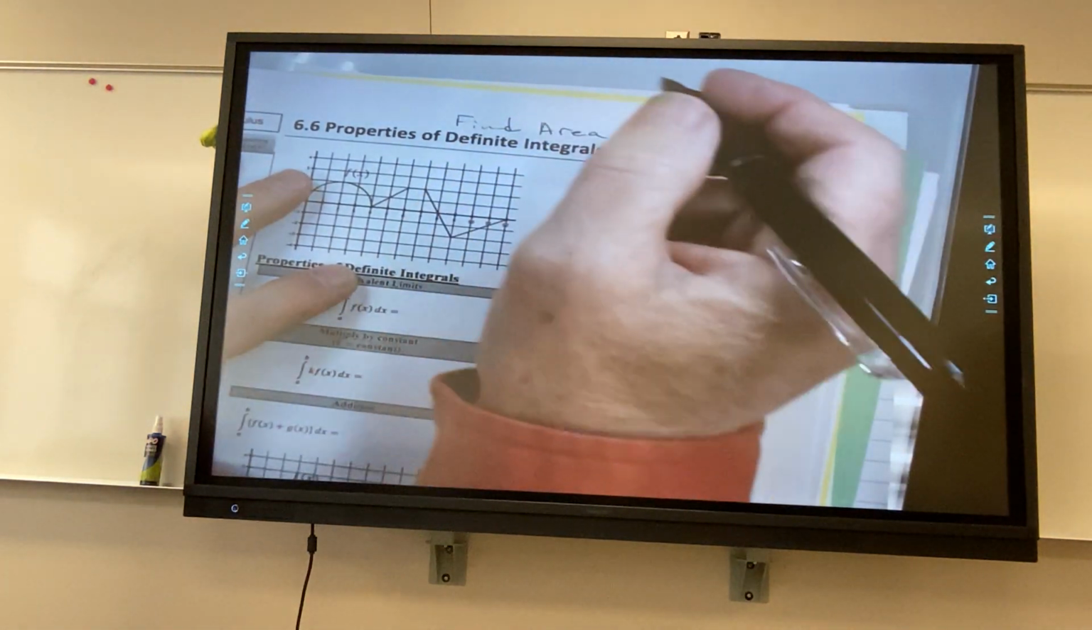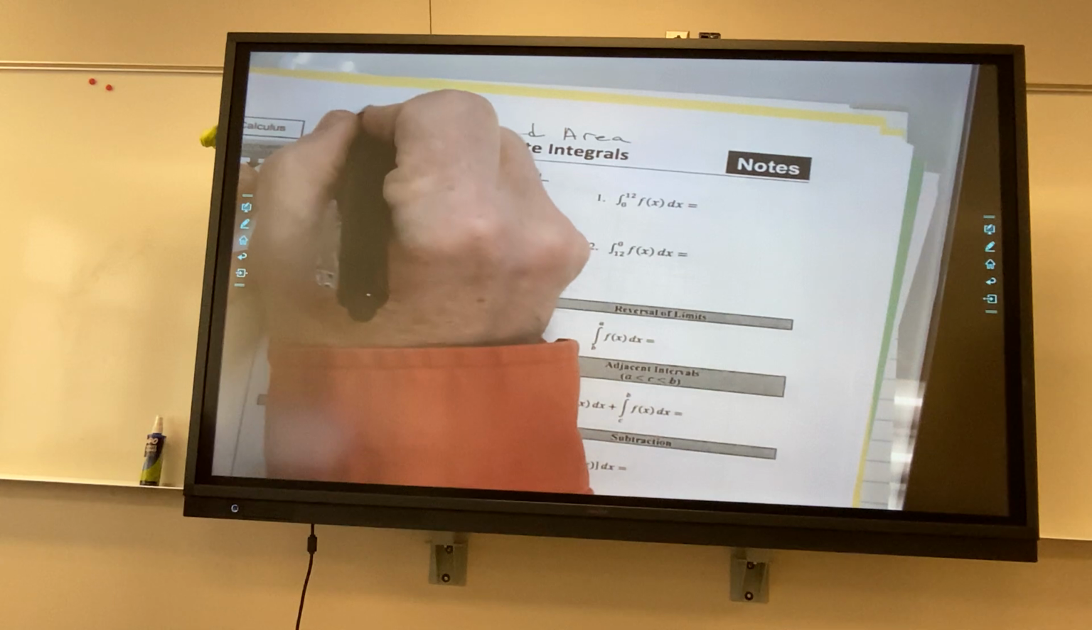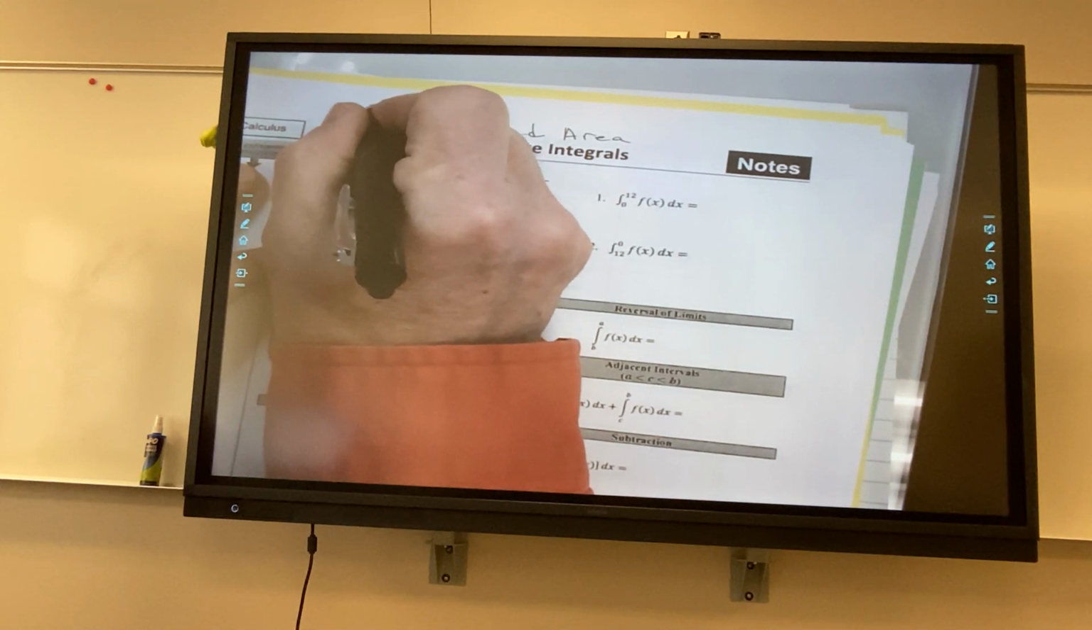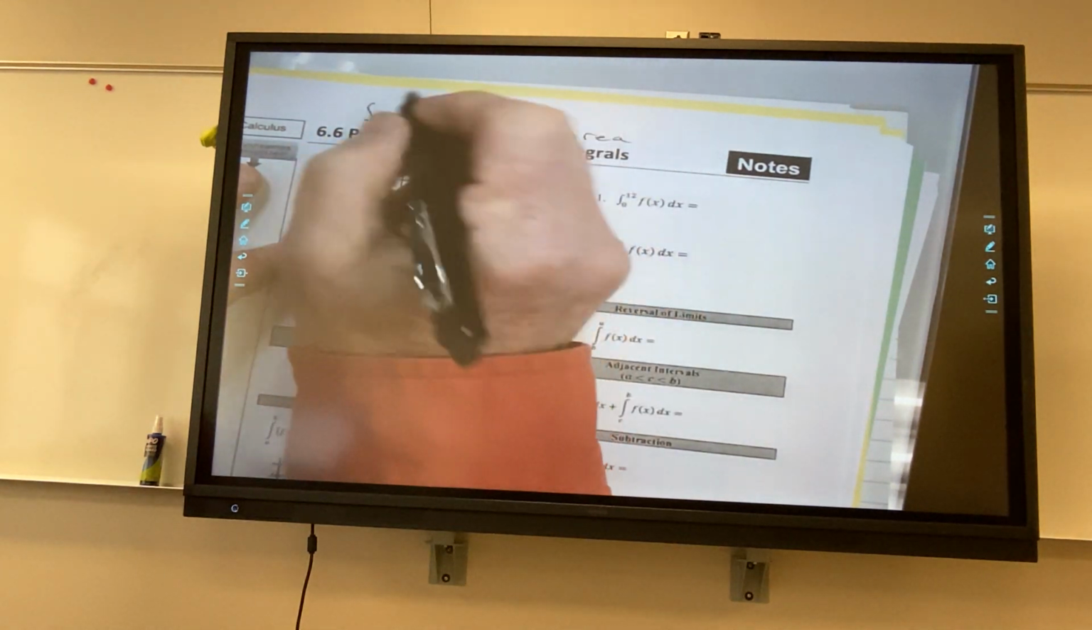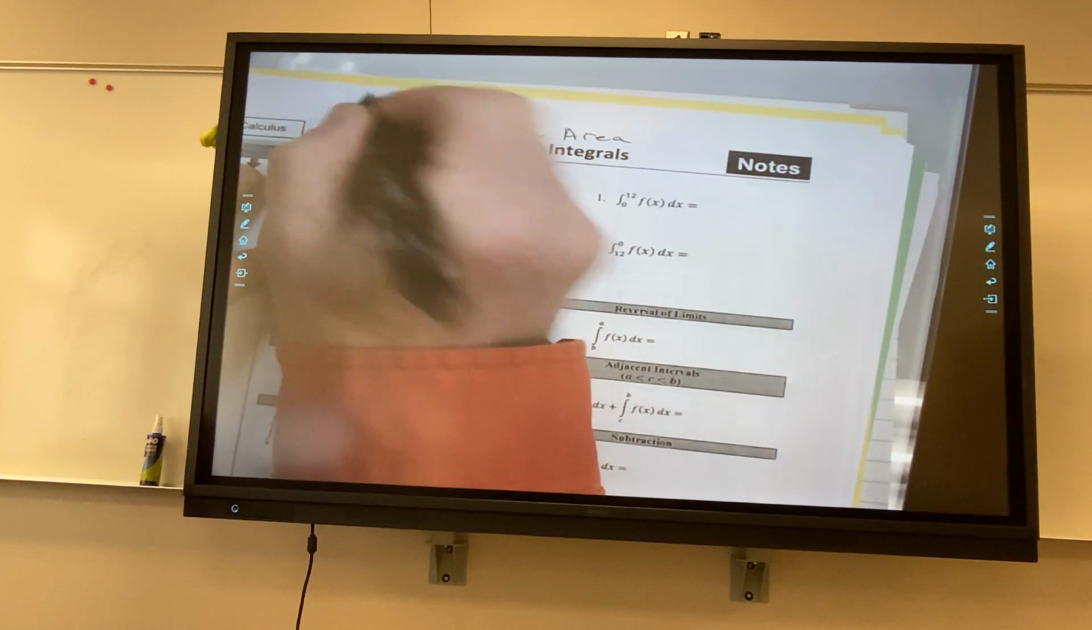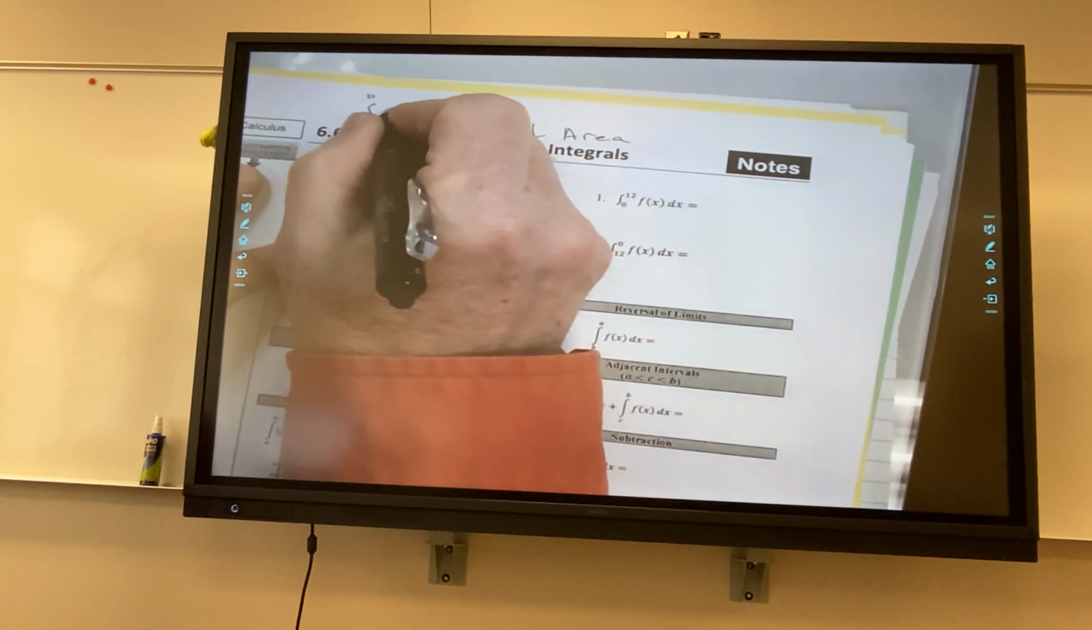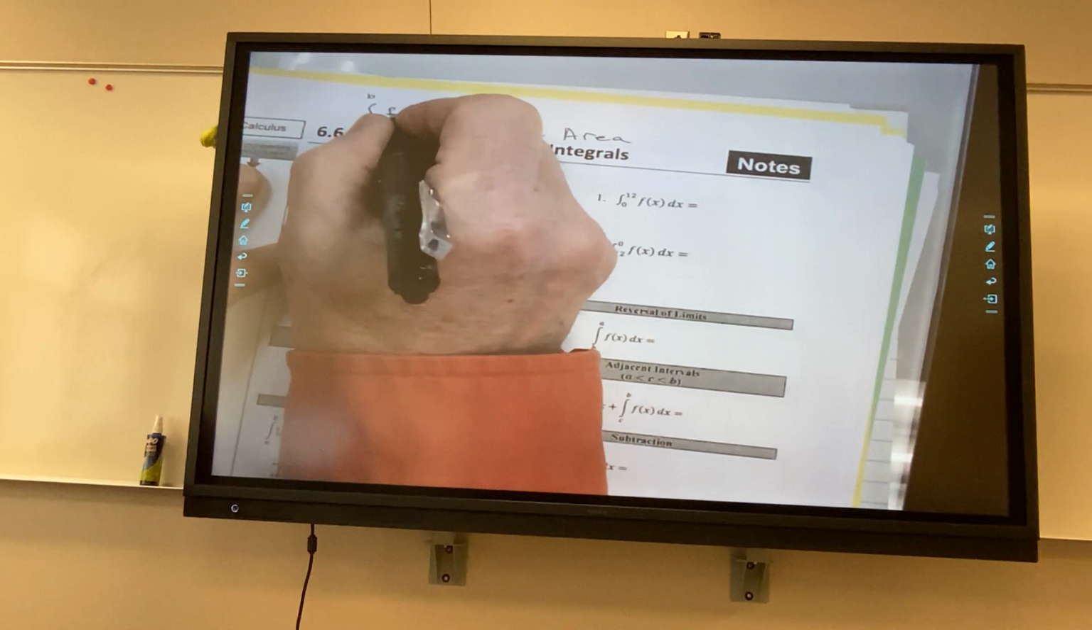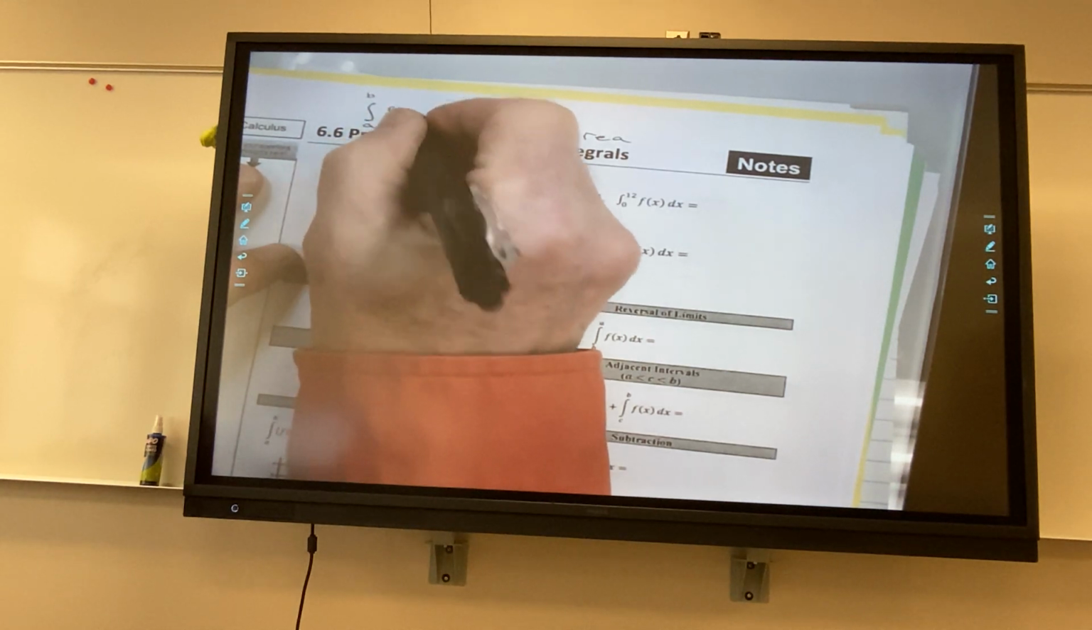And you know when you have a definite integral because you have this interval. There's a starting point A and ending point B, and there's some type of curve or function f of x